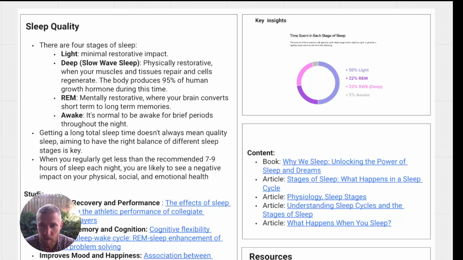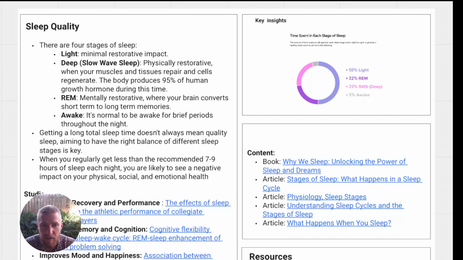Especially if you're someone who's going to the gym or doing sports or whatever it might be, if your body's under stress and you need to recover, getting enough deep sleep is key for your body to recover. And you'll actually get the most amount of deep sleep in your first sleep cycle. Then as the night goes on, you'll get very low amounts towards the middle to end of your sleep period, and as you wake up.